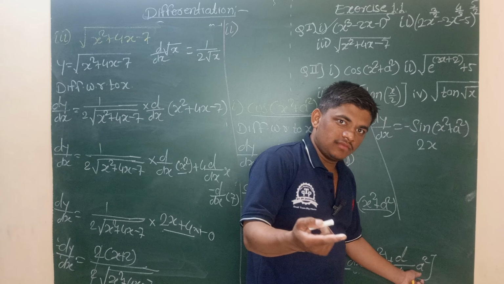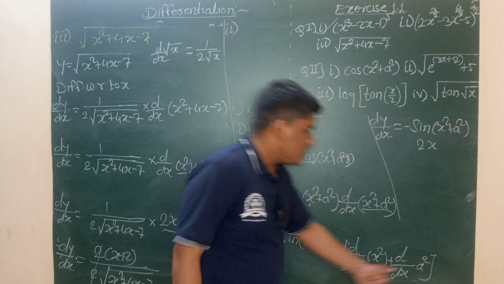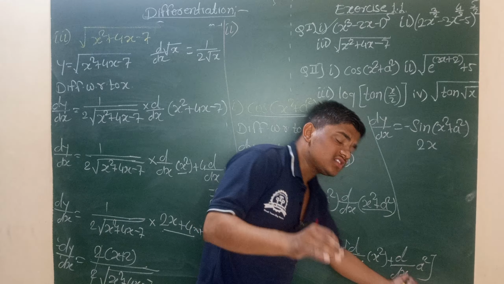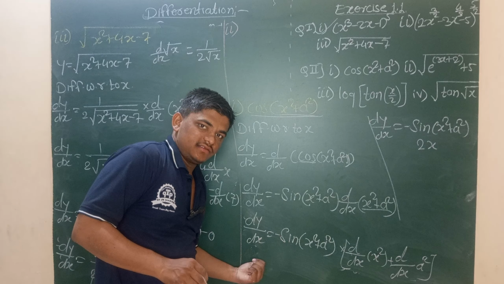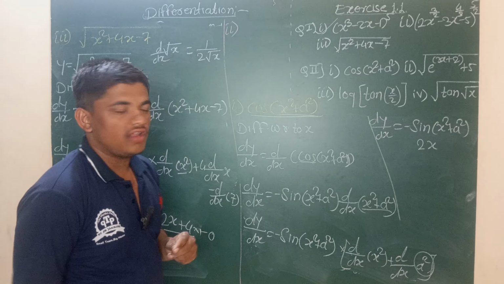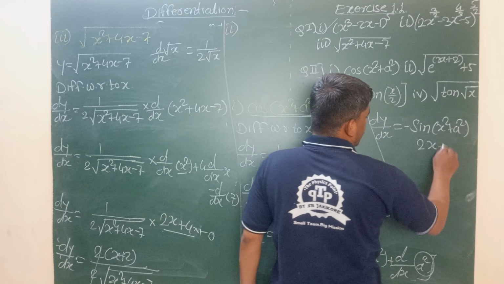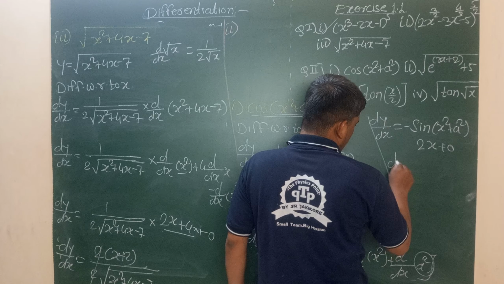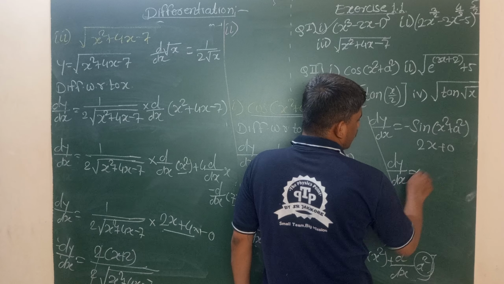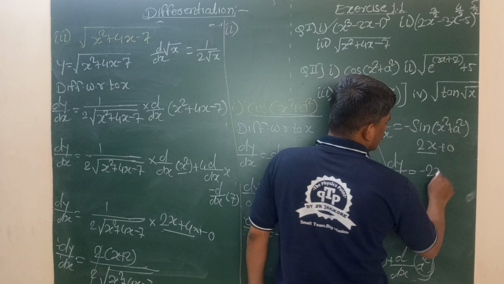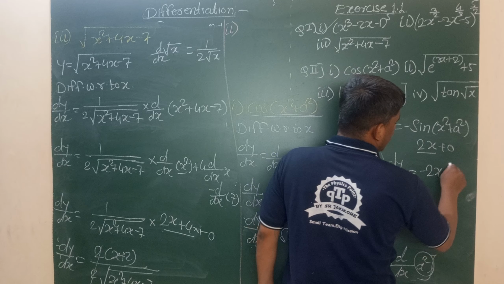a or a square is treated, or assumed, as a constant with respect to x, because these functions change with respect to x. If the function changes with respect to x, that means a or a square is treated as a constant. The derivative of a constant is 0, that is plus 0 here. Now dy by dx is equal to 2x taken first, minus 2x into sine of x square